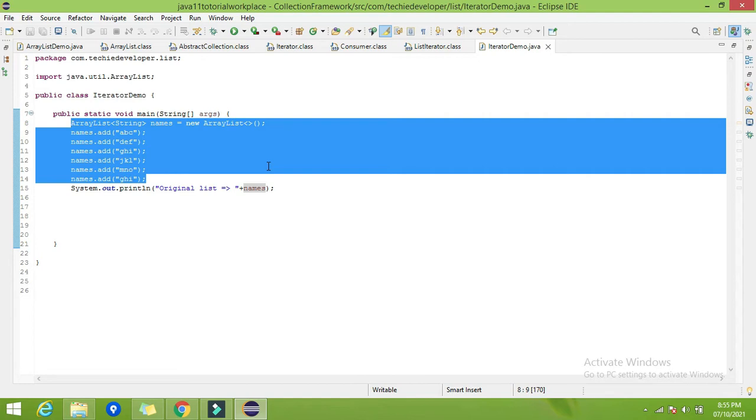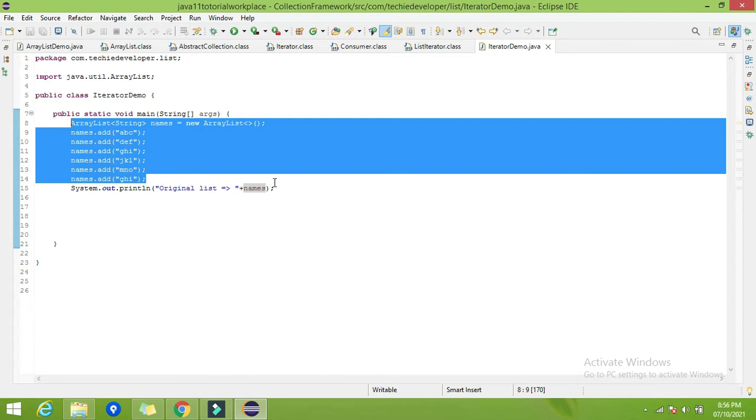You may have in mind that we can use System.out.println directly, but if we try to print names, it will be considered one string and printed in a string format. But what I want is to process each element in the list. So how can I achieve it? We can achieve it by using the iterator.